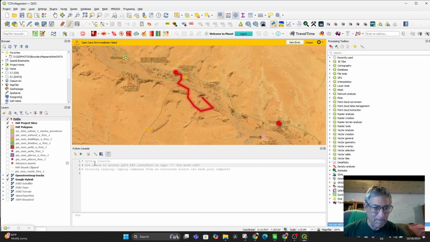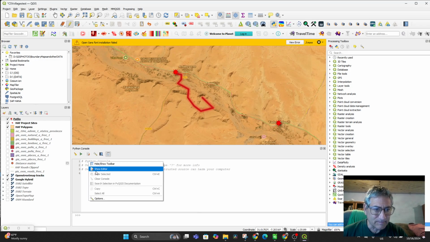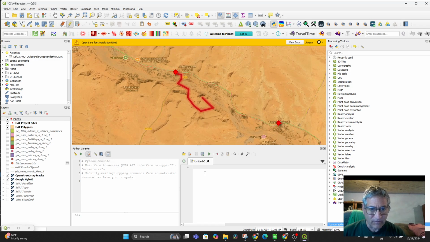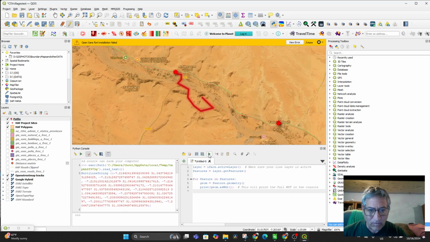So, boom. Oops, not letting me. I have to toggle it somehow. Here, console, run command, options, show editor, just like this. There we go. And then run it. And there we go. Oh, look at that. All right, so now we'll take this multi-string